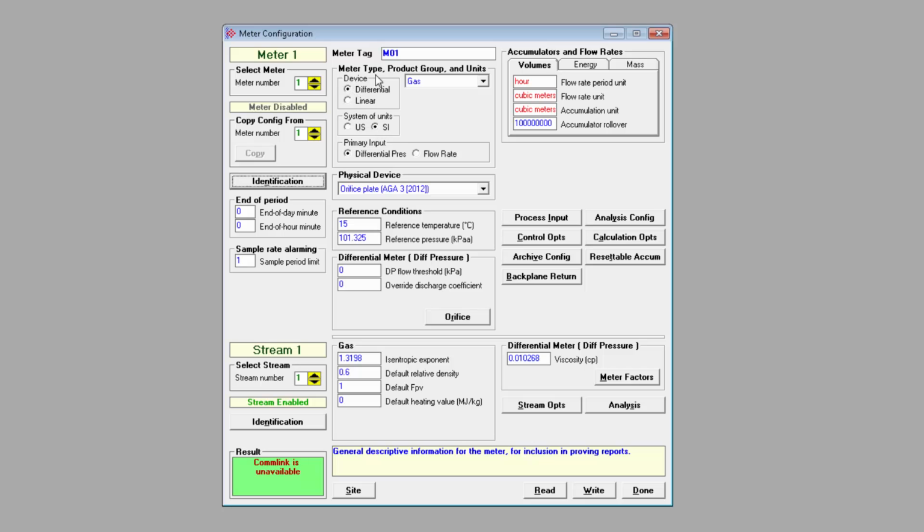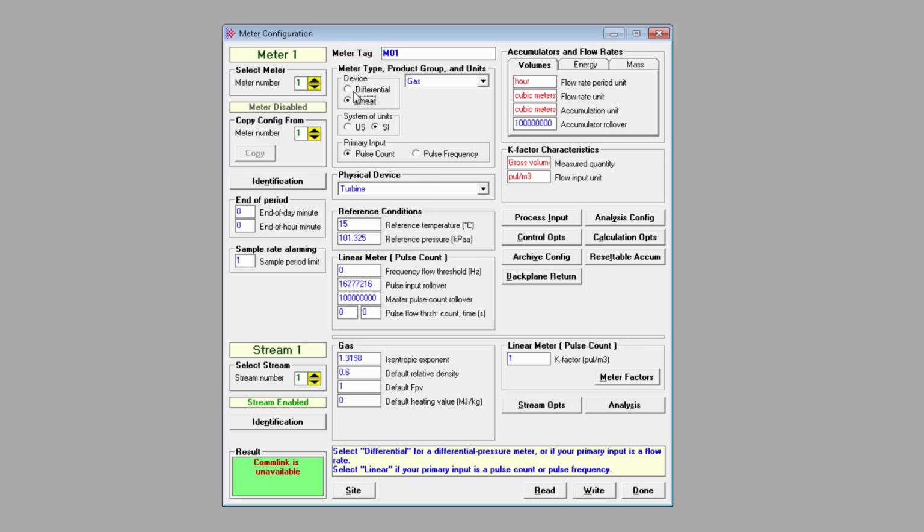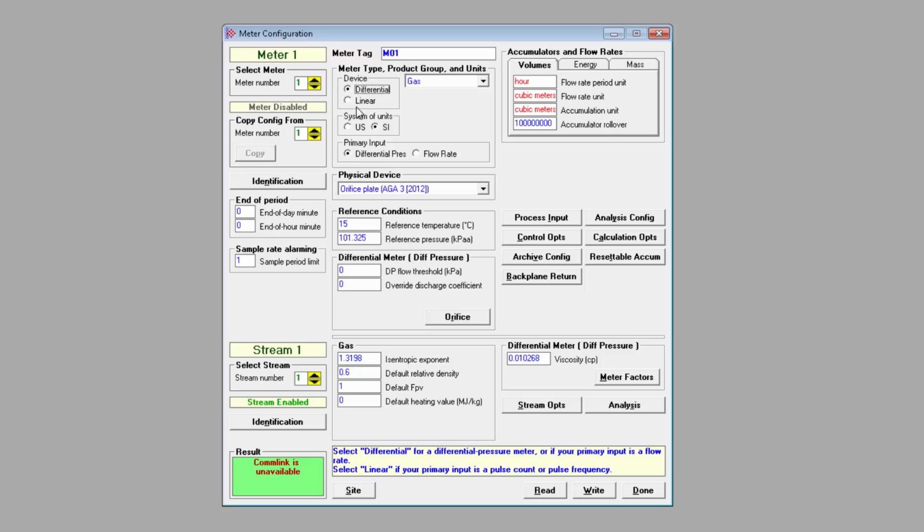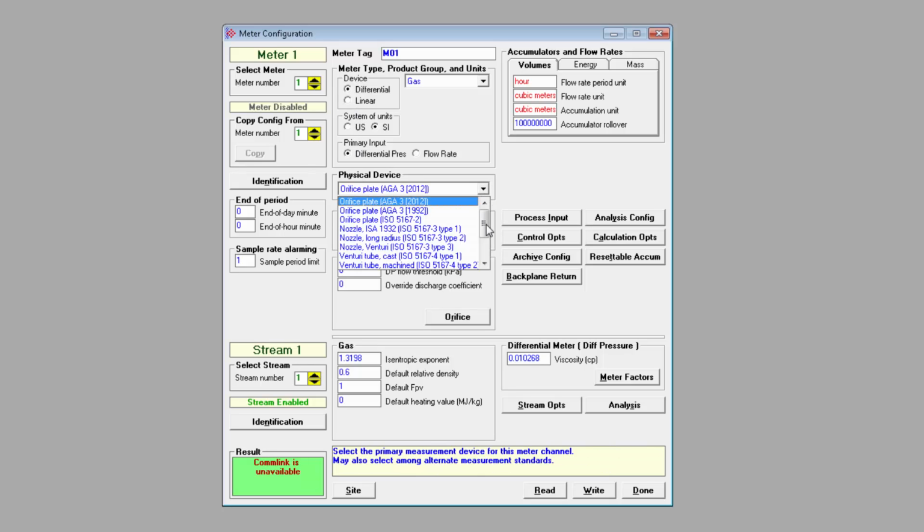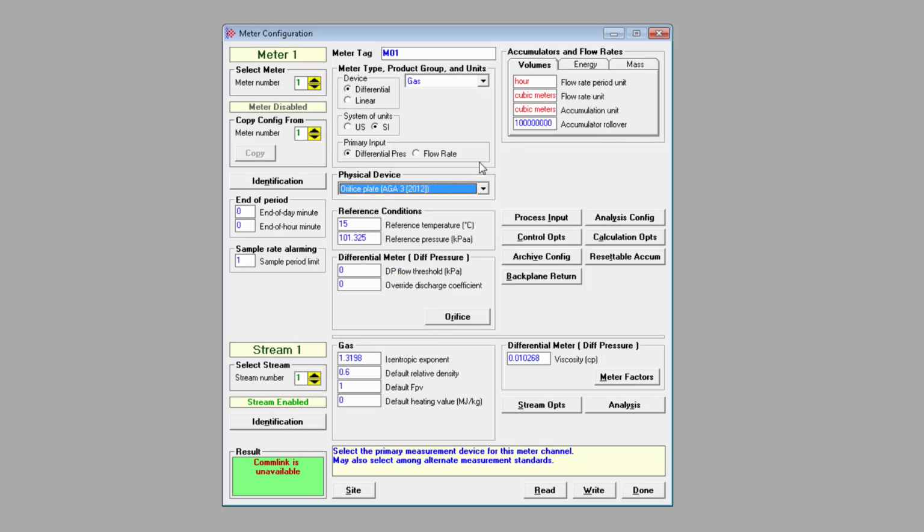Here in the meter type, product group, and unit section, we can describe the meter being used. So under device, you can select the general type of meter, either differential or linear. Then under physical device, you can select a more specific type that will determine the calculation standard that's used. For the broad range of other meters available today, your selections will depend on the output generated by the meter. So refer to your meter specs and Section 4 of the MVI69E AFC Module Setup and Configuration Guide for more